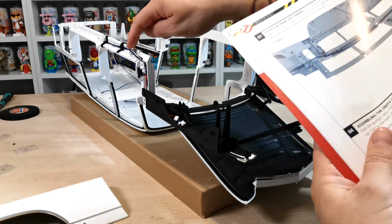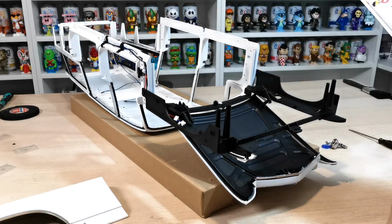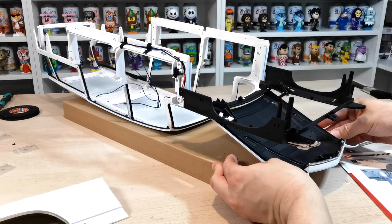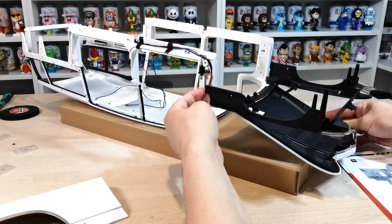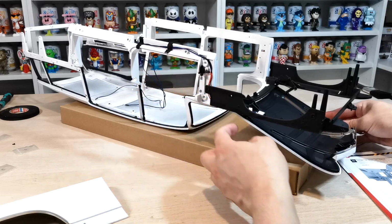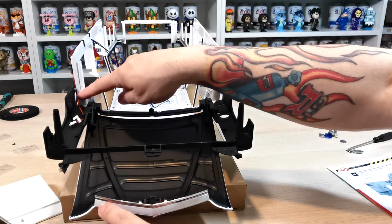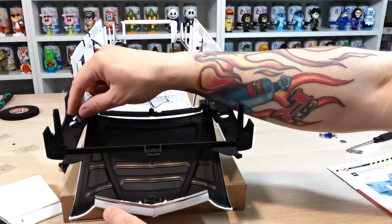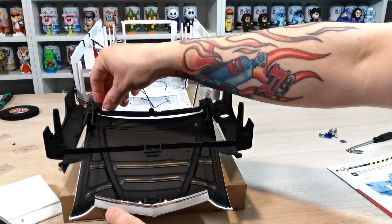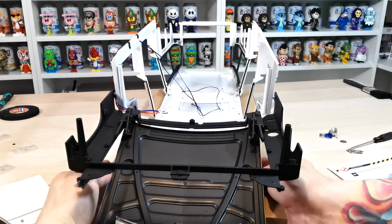So as you can see here, the one that we got with the switch for the door just goes down underneath. Oops. And then it just tucks down into there. I'll do it the opposite side round, and then I've just got a couple of bits of tape just to hold it out of place for a minute. And then as you can see on the inside, it's just coming through here, and it's just sitting in. So I've just done them the same length for now, so they're just sitting in there out the way. So just tuck those down, and then what it wants us to do next is it wants us to fit